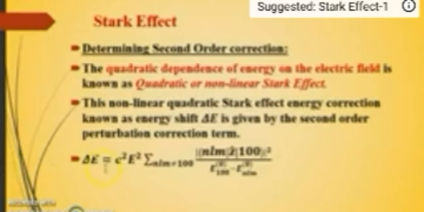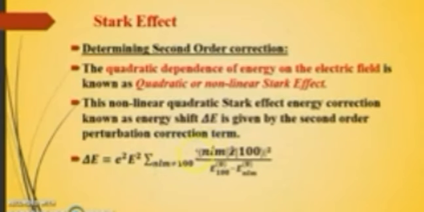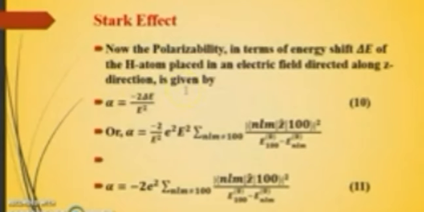order perturbation correction term, that is delta E equal to e square summation over n and m, n not equal to 100, modulus square of the matrix element nlm z cap 100, divided by the energy difference of the two states, E 100 naught minus E nlm naught. So the polarizability in terms of energy shift, delta E of the hydrogen atom placed in an electric field